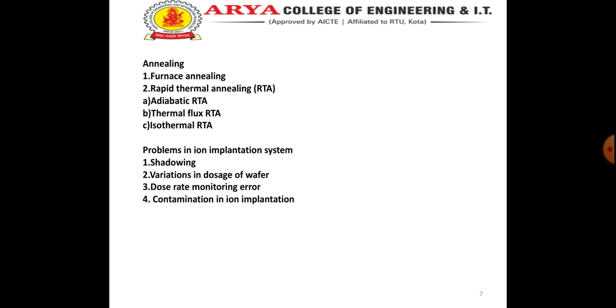Dose rate monitoring error. The dose rate monitoring errors can be present due to several effects. Any neutral species that strike the wafer will not produce an electric current and so will not be counted. Neutrals can be produced in the beam by recombination with residual gas atoms or thermal electrons. Dosage error can also be the result of incomplete secondary electron recapture. To prevent this problem, wafers are held in a Faraday cup and the stage is typically held at a small positive bias.